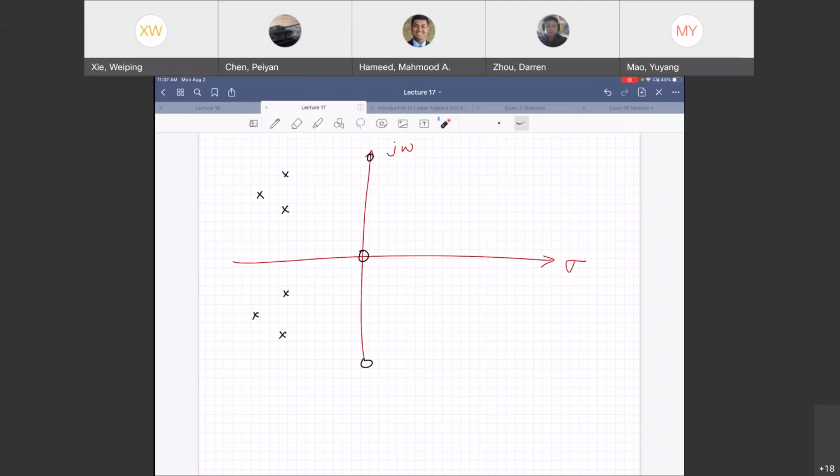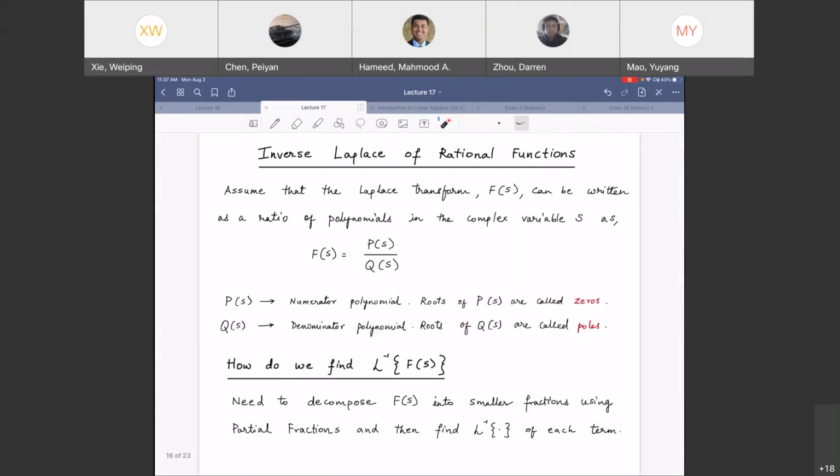If my poles move to the right half of the S-plane, that's an unstable system. That's why I put them in the left. Let's come back to that later. We'll talk about the math that supports that argument maybe in the next class. Okay, so we've got a polynomial in S in the numerator and denominator, zeros and poles and whatnot.